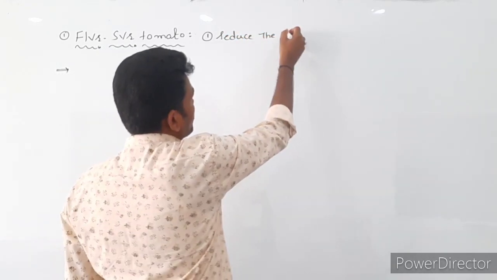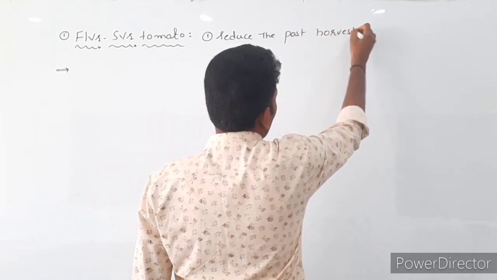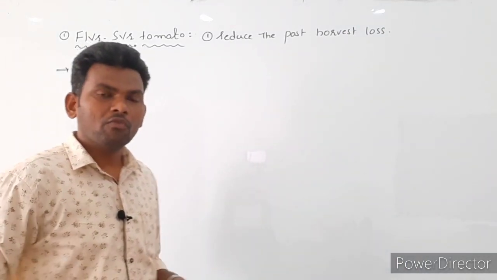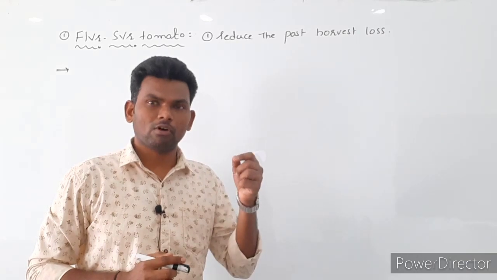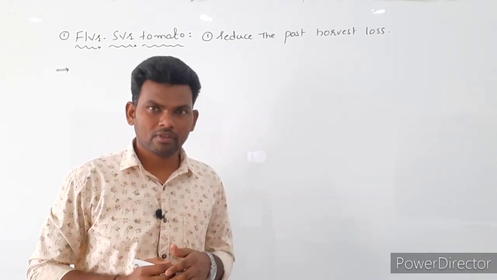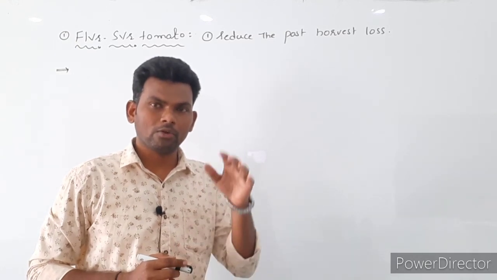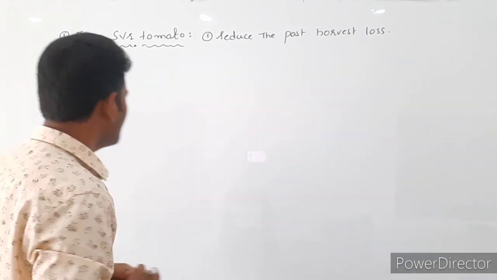the post harvest loss. This is actually the main concept. For that, what we have to do, just block the native genes of tomato. The native genes which are useful for ripening of fruit or softening of the tomato cell wall. The genes are